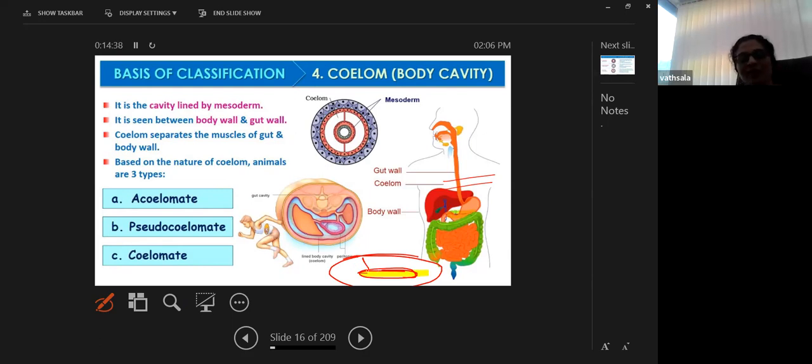So from this gut lining to the body lining, that is the body wall. This is the outermost lining. So this space you get to see. Do you get to see this space? So what is this space? So within that space, different